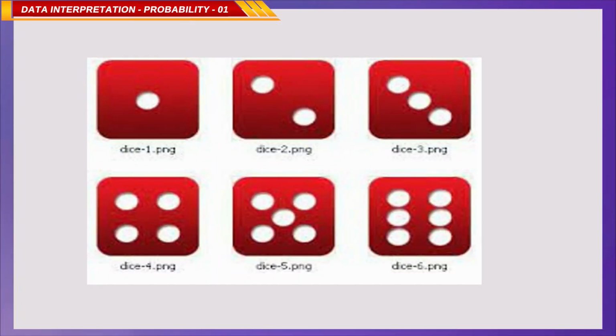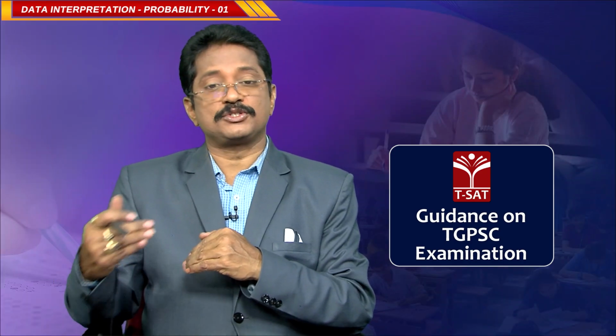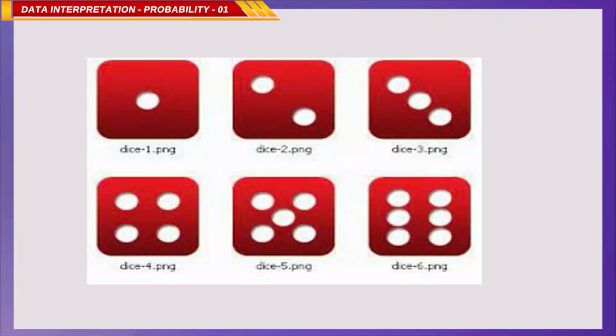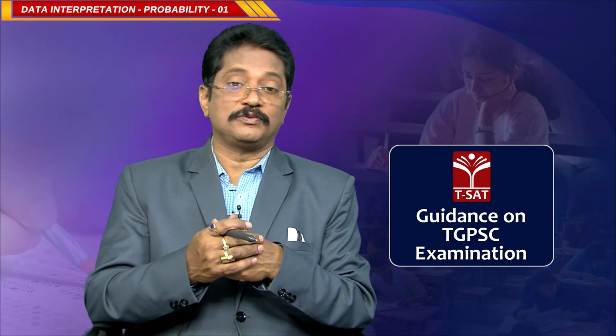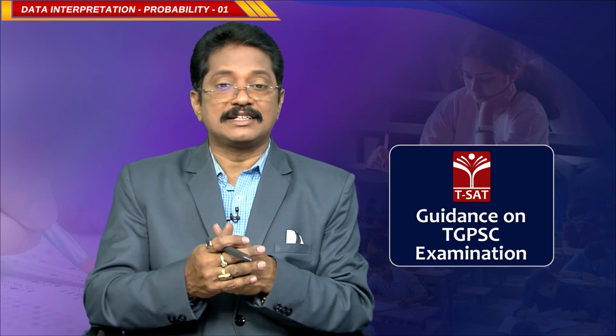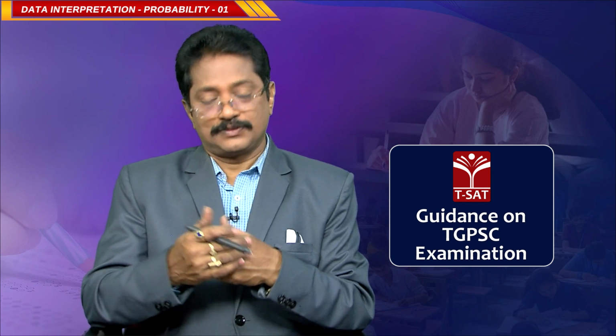Dice. A dice is a cube. It has 6 faces. In each face, there will be dots. In one face we have 1 dot, another face 2 dots, third 3 dots, fourth face 4 dots, fifth face 5 dots, and sixth face 6 dots. Correct? Generally we use this dice in snake and ladder, in the Ludo game, and in various other games. When the dice is rolled, there are beautiful questions on this, and we will discuss all these things.